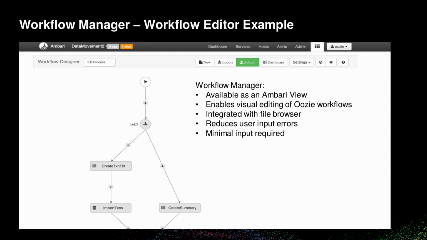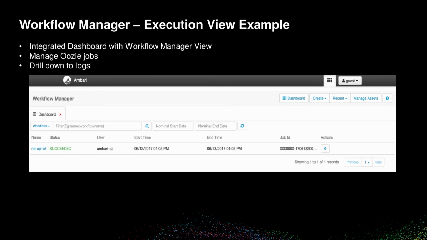It also helps with getting workflows up there on your cluster. A lot of folks operate clusters in a data center in a different administrative domain than a corporate desktop. If you're able to have web reachability and that's okay with your firewall folks, you can now upload those workflows right from a developer desktop. And then again, the user input issue is really solved this way. You don't kick off a workflow, potentially wait for a number of actions to run through, and then realize, oh, I didn't have that set to what I thought I did. You can actually visualize it in the UI, and it's just minimal input. It's able to do this very easily.